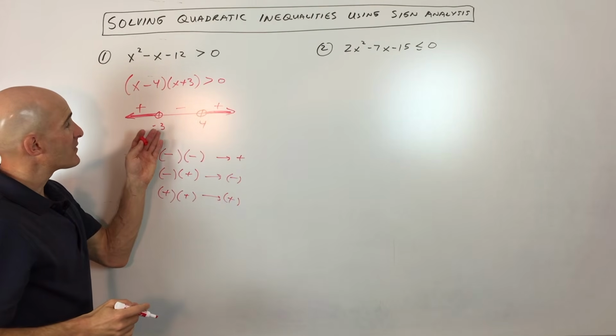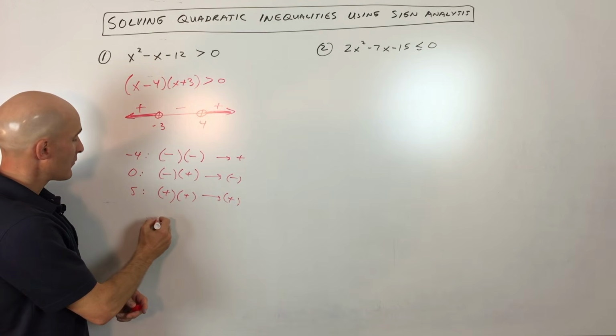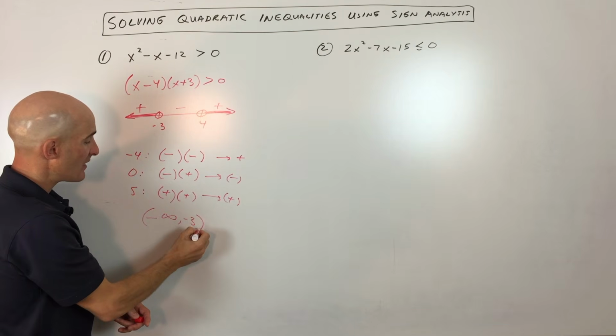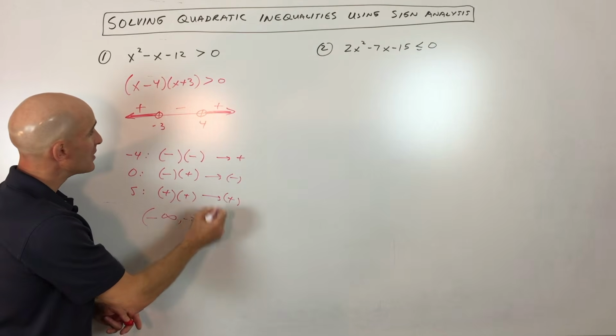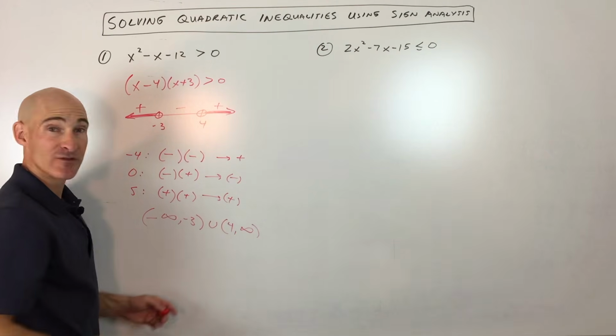So if you want to write the solution in interval notation, what you would do is say, okay, from negative infinity, over here, all the way up to negative 3, not including negative 3, that's where we're using the parenthesis, not the bracket, union from 4, not including 4, to positive infinity. So this would be the